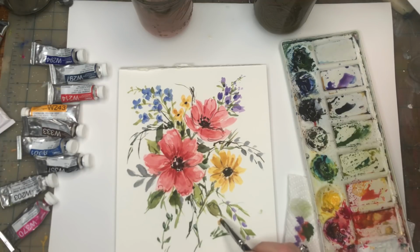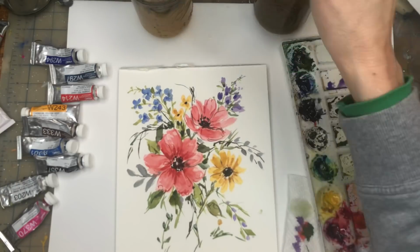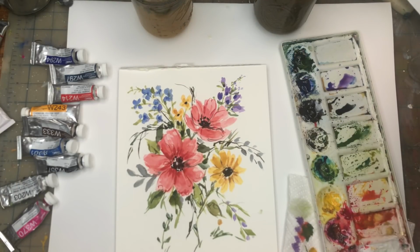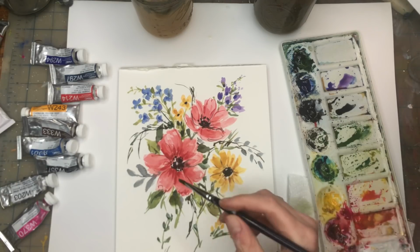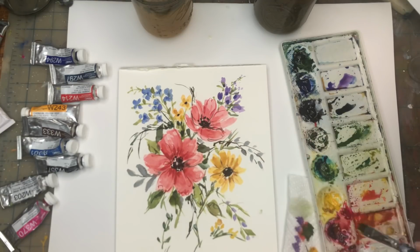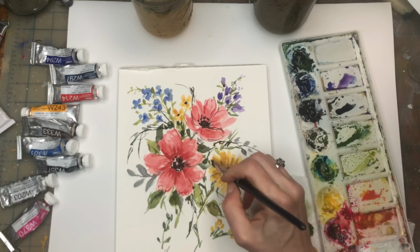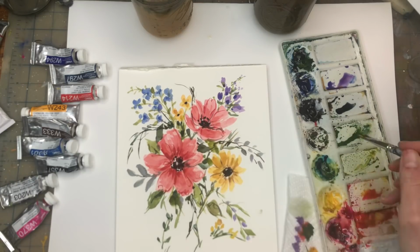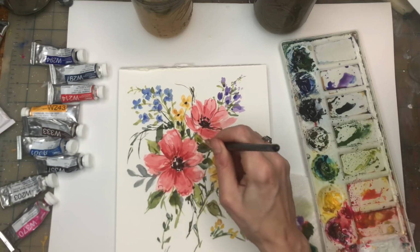Go down here and just make a simple little yellow flower. Got too many messy colors here, so you don't want to do like me, messy palette. Just a bunch of little yellow flowers down here. Just kind of holding it on the side and tapping. Playing around with this, guys. And then with the greens, you can kind of fill in. You can put some more leaves in here, fill in the gaps. If you didn't want to leave that white space